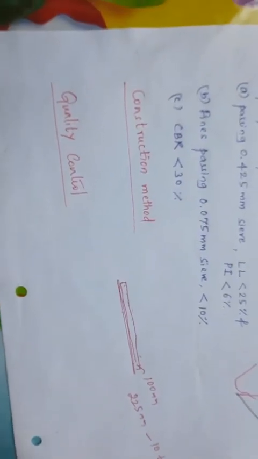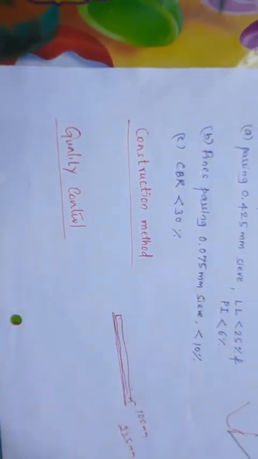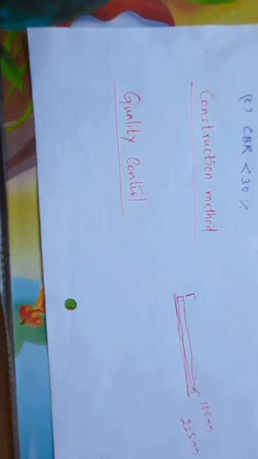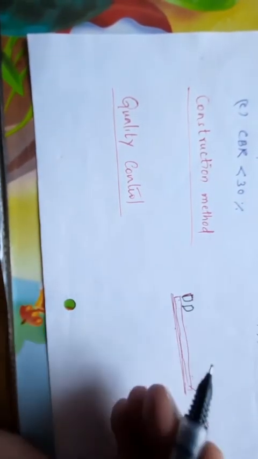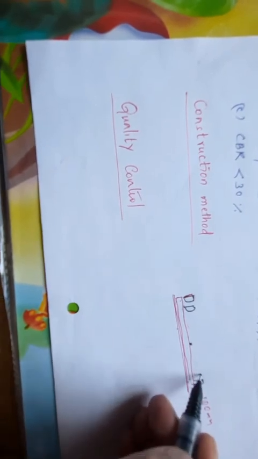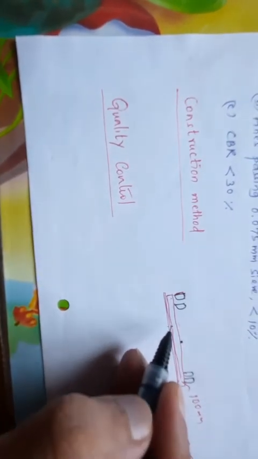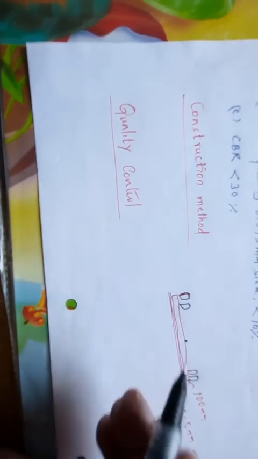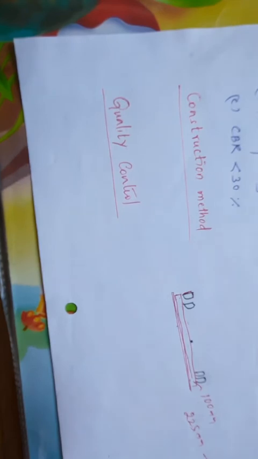Okay, then the rolling is done starting from the lower edge and proceeding towards the center of undivided carriageway. In the sense, the rolling has to start from here and it has to go until the center of the camber. Again, you have to start from here and take it towards the camber. Clear? This is how the rolling has to be done. Okay, I will repeat once again.